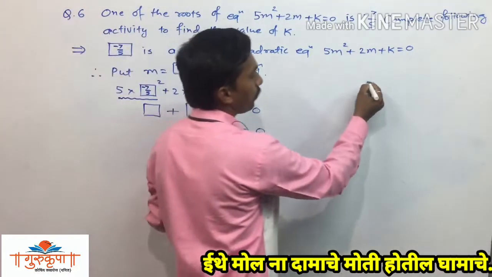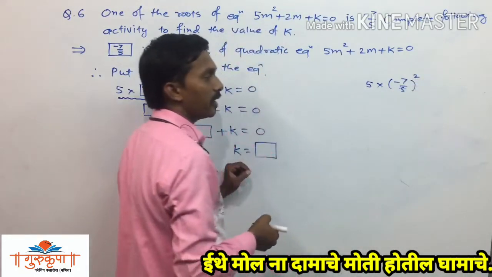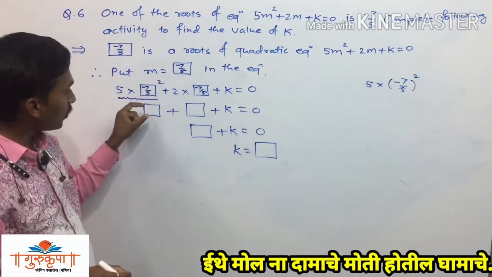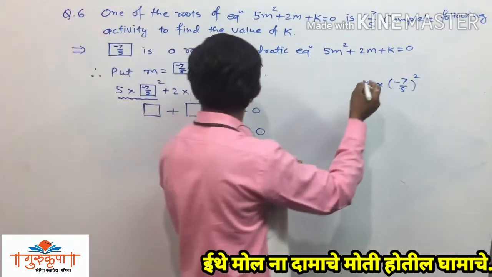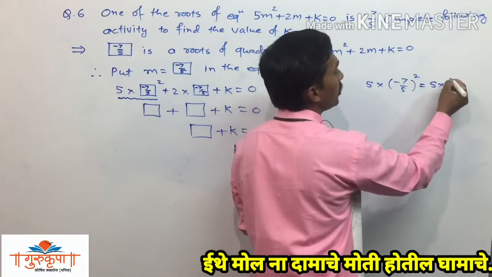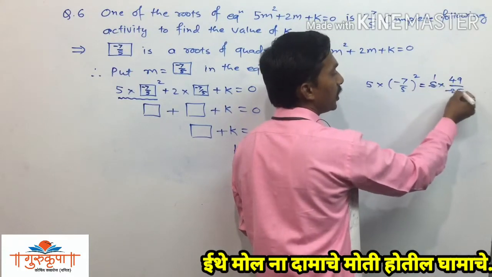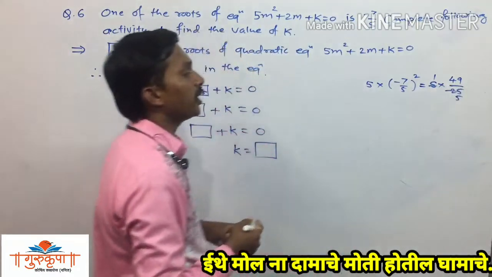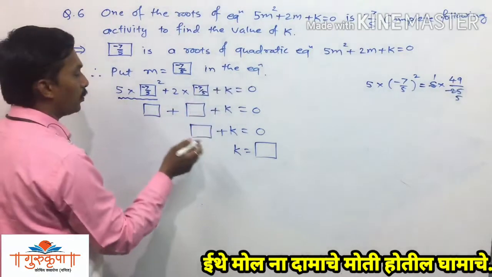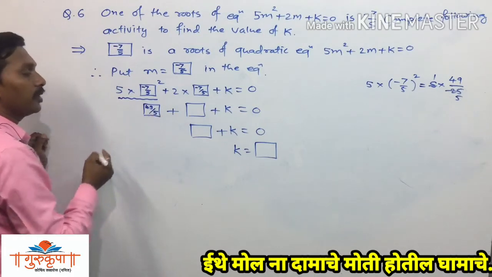5 multiplied by the square of minus 7 upon 5. After calculating this we will get one number and we have to write that proper number into the box. So here 5 remains as it is, multiplied by the square; the square of a negative number is always positive, the square of 7 is 49 and the square of 5 is 25. Since 5 fives are 25, we have 49 upon 5. The simplification of this term is 49 upon 5, so we put 49 upon 5 into the box.